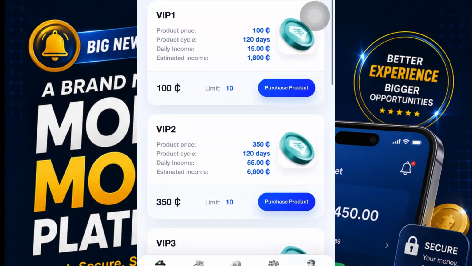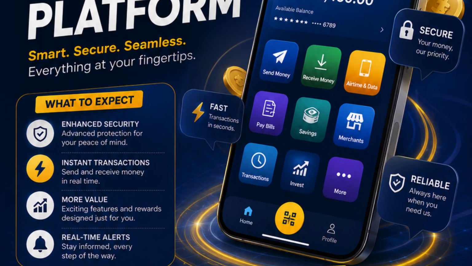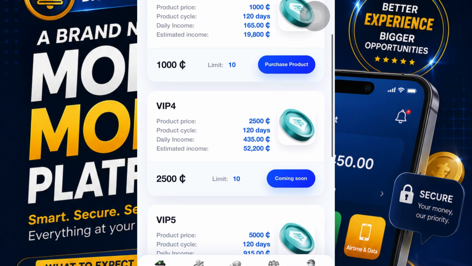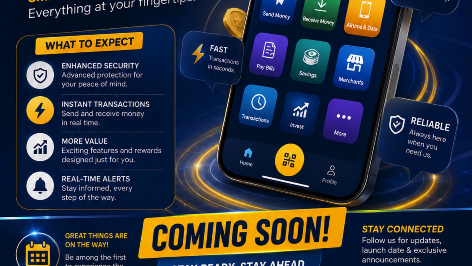One thing I want you to know, this is a new mobile money platform which is launched today, and platforms like this, when they come, the earlier you join, the better. Don't wait for the site to be 1 week old before you rush to use the platform to generate quick cash. Now that you've gotten it, you can try out to see how best this platform is going to